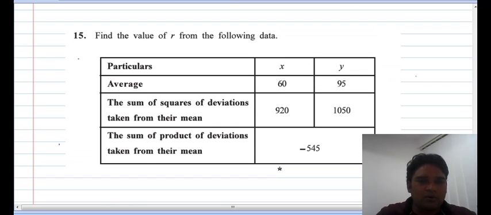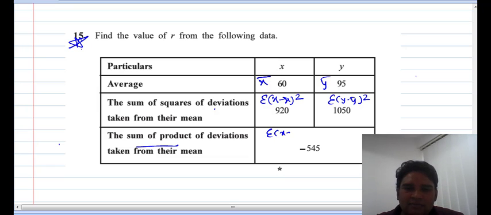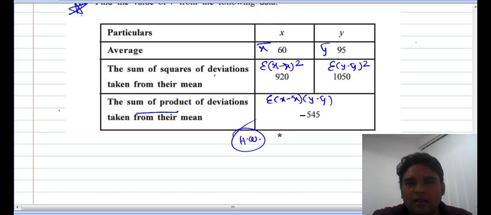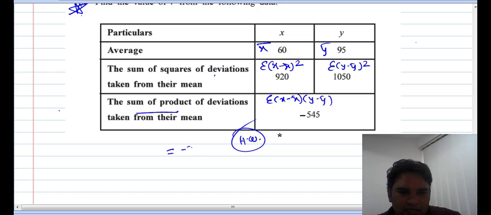Now this is an important one, it can be asked for 3 marks in the board examination. Pay attention. Average, that means x bar is given, and this is y bar. Sum of the square of the deviation taken from the mean, that means sigma x minus x bar whole square, and this is sigma y minus y bar whole square, and the sum of the product of the deviation, that means sigma x minus x bar into y minus y bar. Now you know how to solve this, so this is homework for all of you, right? You just need to apply the formula and you will get the answer, and the final answer would come to minus 0.55,